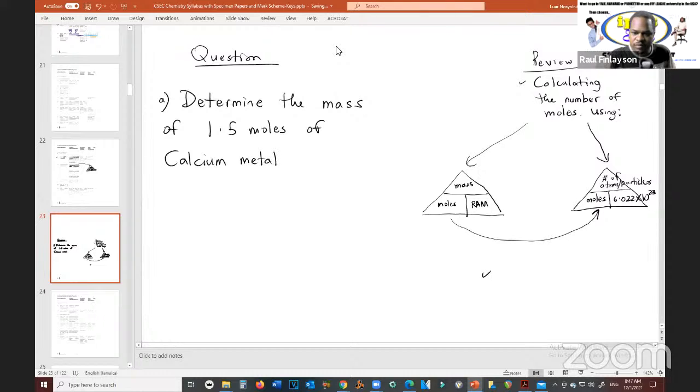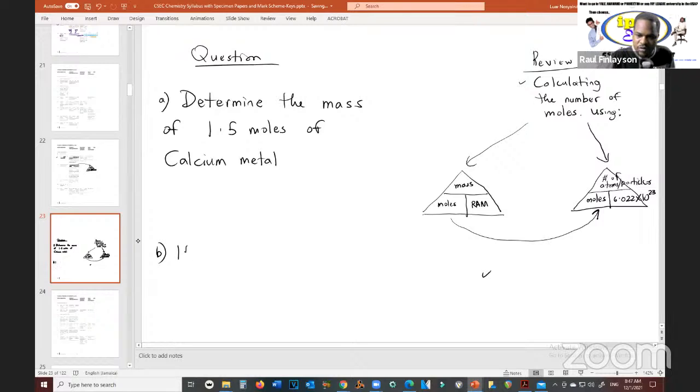This is from moles to mass. And the other way, which is the more common way, would be a question like: